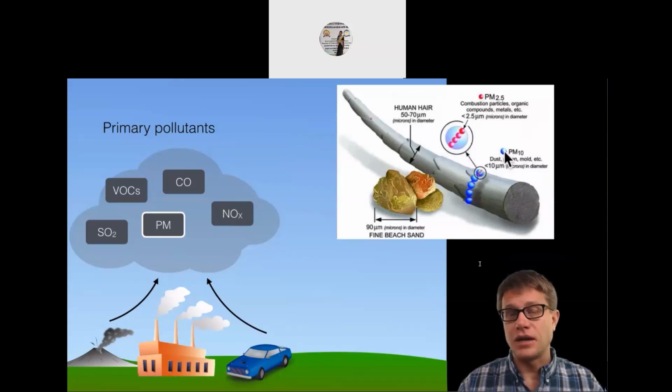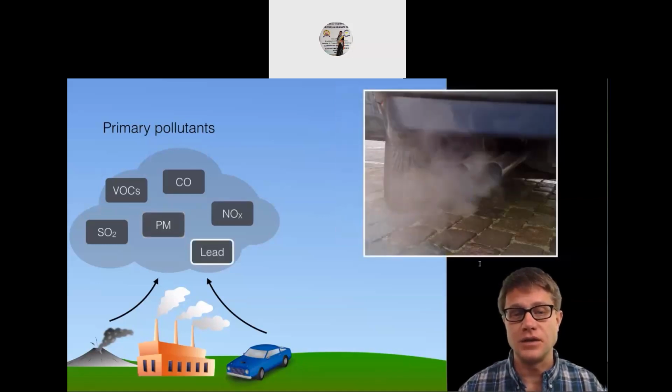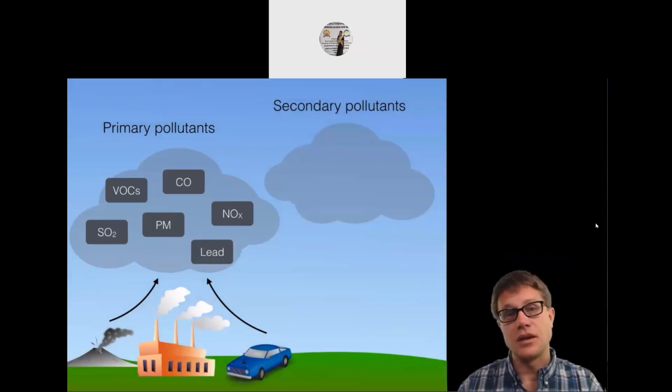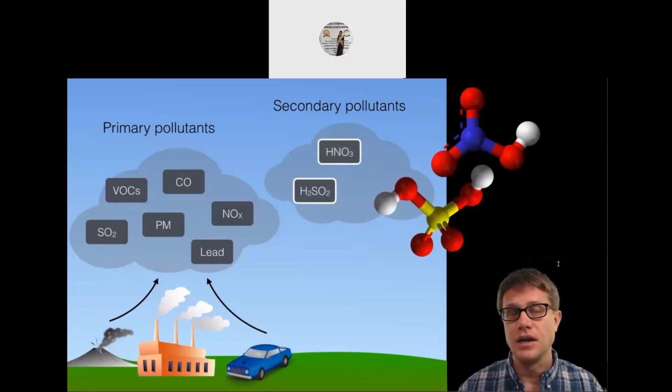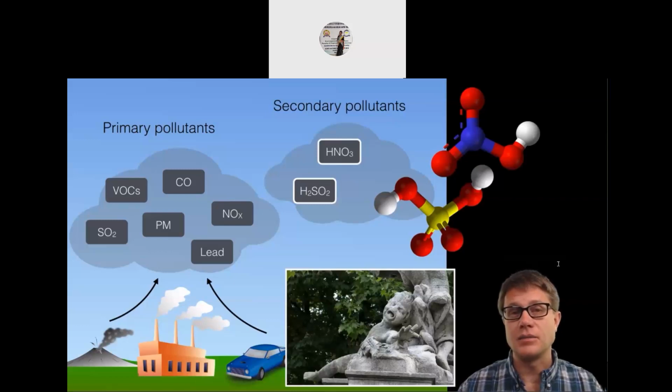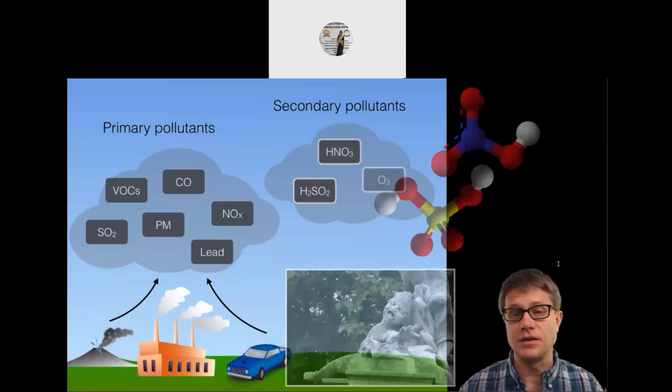Small sediments that as you breathe it in, the hairs in your nose and respiratory tract don't trap it. It goes into your lungs. And just like smoking, it's stuck there and can lead to other types of diseases. And then we have chemicals like lead. We used to add lead to our gasoline. And there's huge neurological impacts of lead. Now, again, these primary pollutants can produce secondary pollutants. And so the nitrogen and the sulfur can lead to nitric acid and sulfuric acid. And these lead to acid rain. It can dissolve statues like this, but more importantly, it changes the pH in the whole food web and can impact living systems. And then we have ozone.